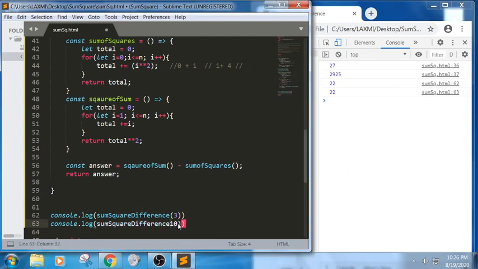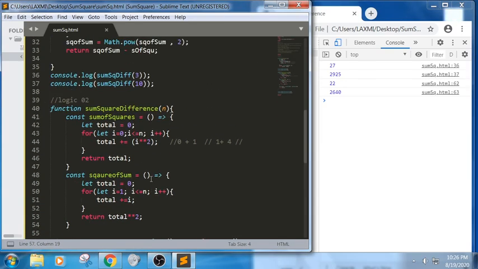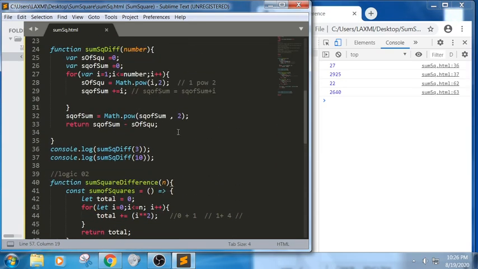It is 10. Let us compare the first solution with the second one. If you see here, we got 2640 here, but we got 2925 here. So what would be the thing here? Here we are trying to make sure the loop executes more than once, in the sense it is trying to have the values. Let us elaborate the first syntax, what it is trying to do.